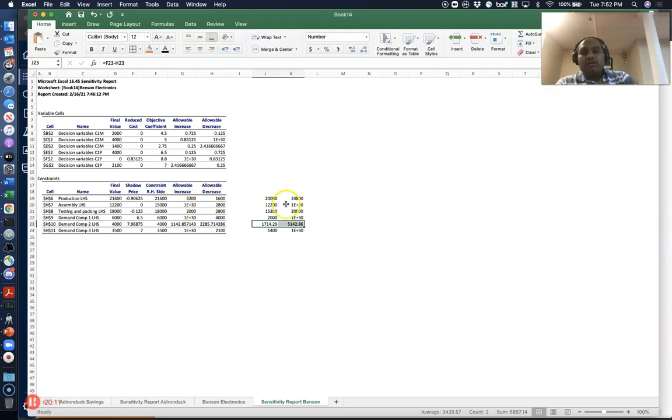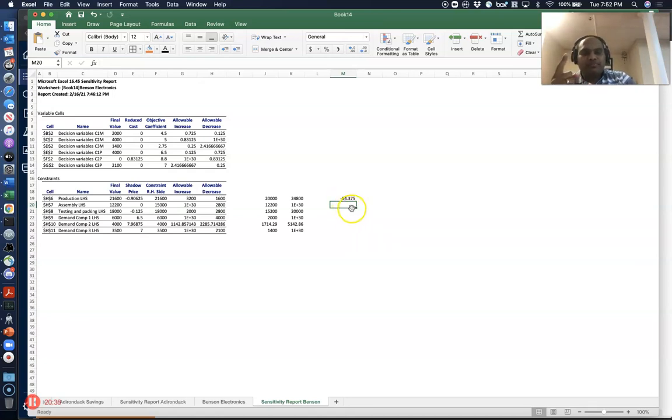But as long as the allowable increase is within this range, you can use these numbers to calculate what your final solution is going to be. So your final solution is going to reduce by 90 cents, and we calculate that. So it's 90 cents per minute times 60 minutes. So it's $54.38. So that's how much your final cost is going to reduce by if you can add 1